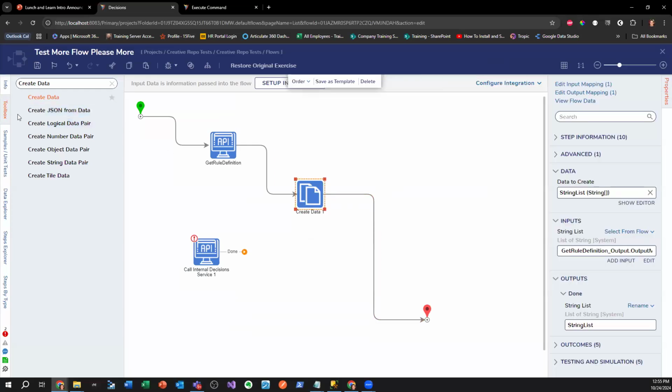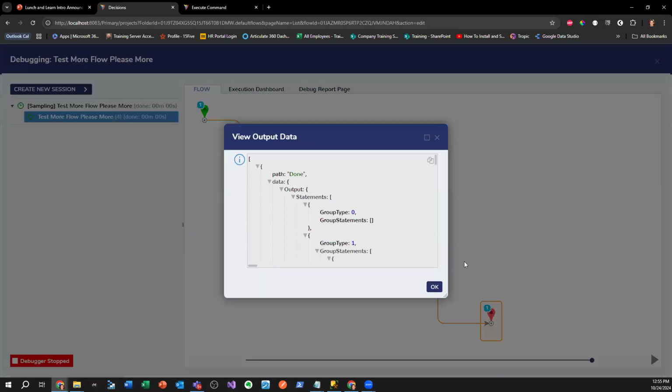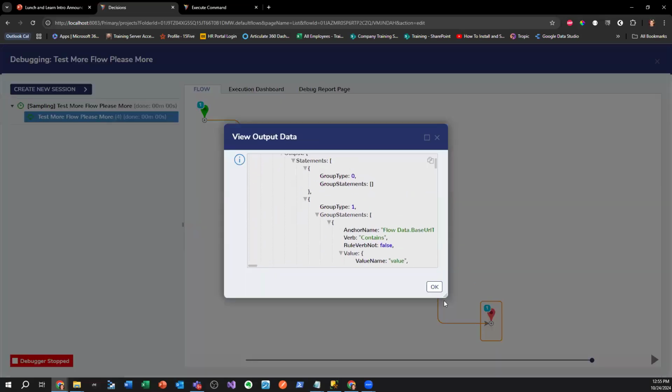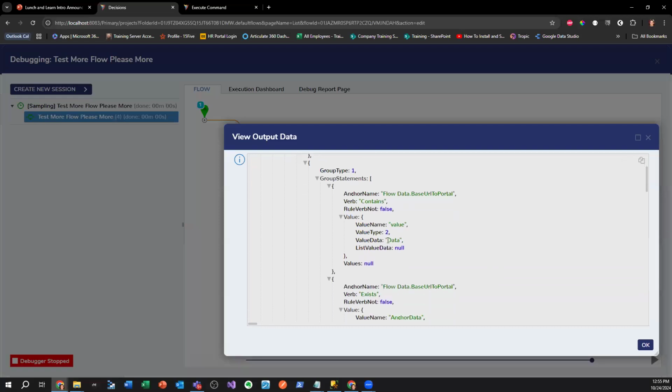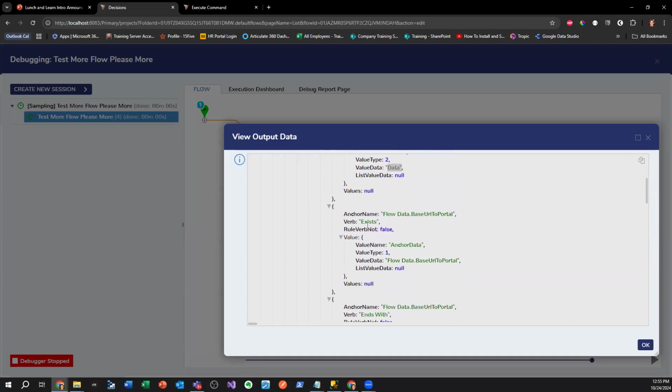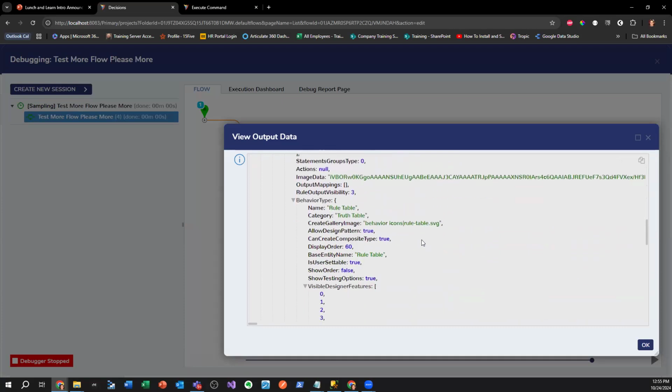Let's just do it this way. Why don't I just debug this? Let me look at the output here, and then I can just drill through. So we got root, statements, value names, value, values data. Okay, so that's going to give us the input that I've looked for. Yes. So we have to drill down to value, go to value data from the input side. Then on the output side,